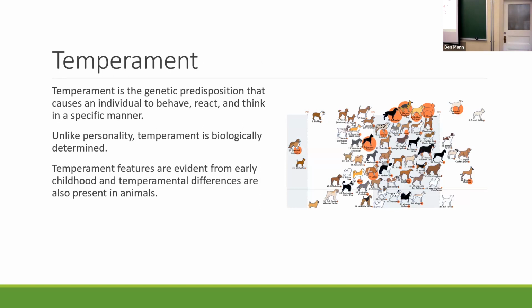And temperament is focused more on genes. Right? We know that certain breeds of dogs are more inclined to engage in aggressive behavior than others, right? And that's this idea that people are predisposed genetically to act or behave or relate in a specific way. So somebody's temperament or predisposition might be to be a bit more of an aggressive person, right? That just might be how they're coded.